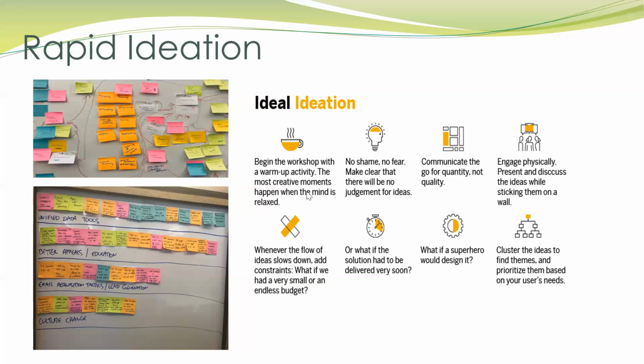The activity begins with a quick warm-up, and this is required for any brainstorming session. The next step is to let the team think freely and share ideas without any judgment. Then let the team know that it is all about quantity and not quality of the ideas, so that they're able to speak up freely. Then engage the team so that they are able to come up with more ideas, engaging them physically also. They can write it on the post-it and come and post it on the board themselves, so having some physical activity as well.